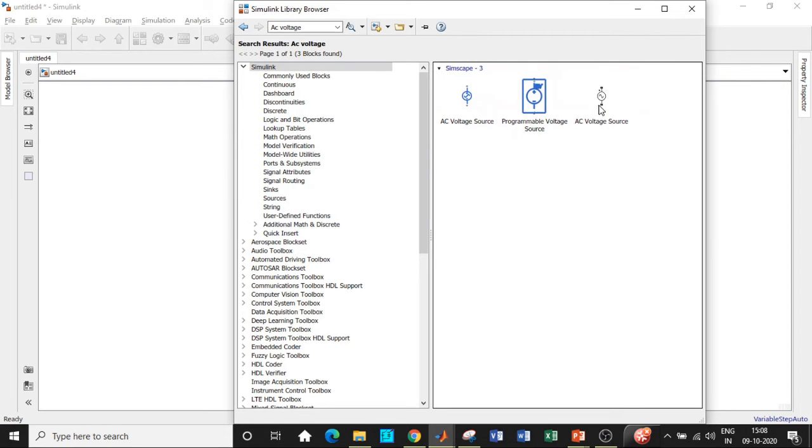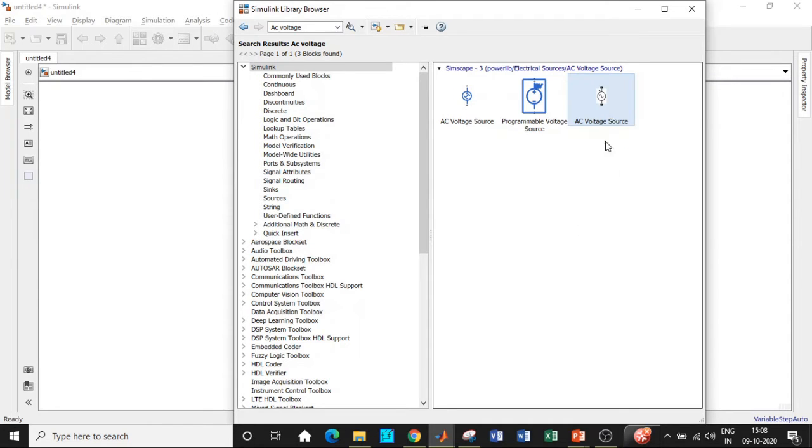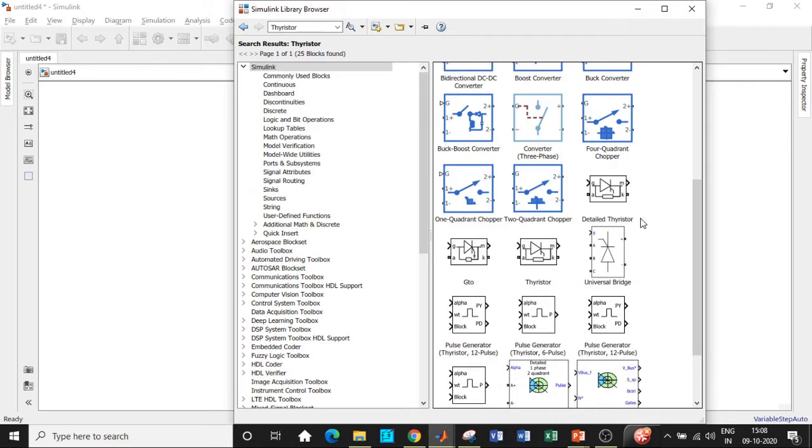Search for AC voltage and add the ones that are there in black. Because the blue ones are prominently used in signals and system and digital signal processing applications, as a result, we'll be adding the ones that are there in black. So they're popularly used for power electronic and power system applications. So once this is done, we will be requiring a thyristor. So for a rectifier section of the circuit, we'll be adding the components now.